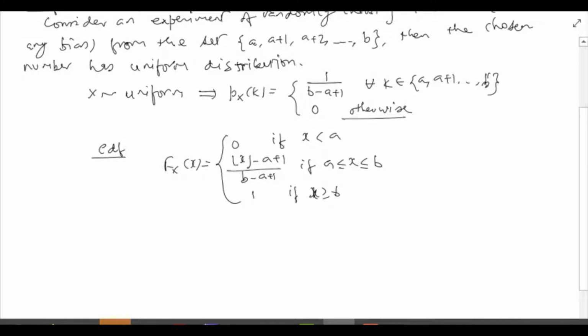For instance, floor of 2.2 is 2, floor of 2.001 is 2, floor of 2.999 is also 2, but floor